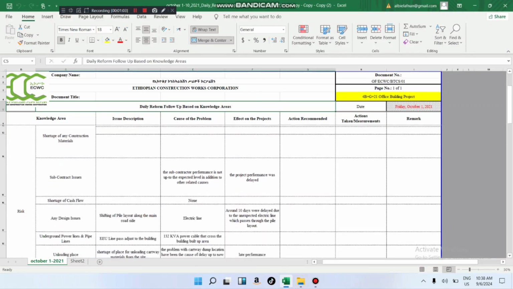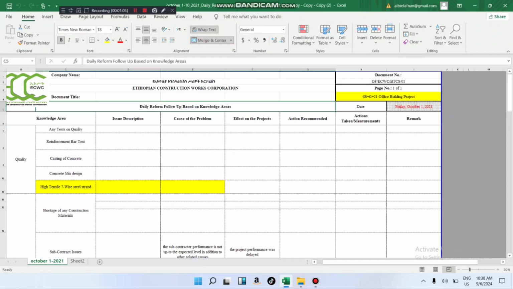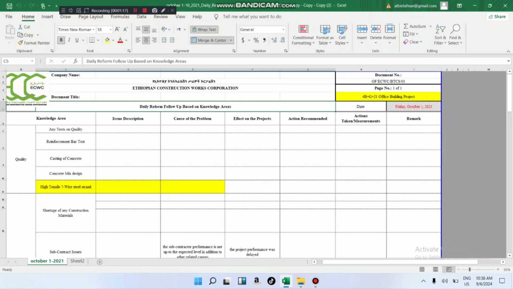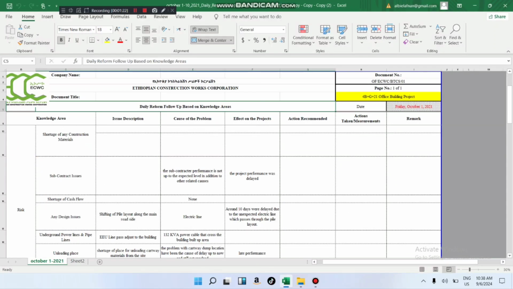Anyhow, before you finish the contract, you have to ask for an extension if there is any delay in the work, a problem with the execution, subcontractor problems, or environmental problems, because